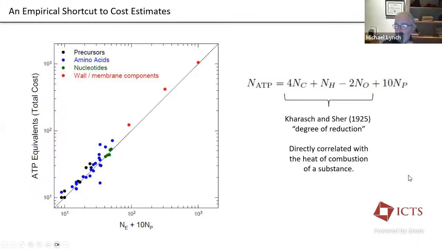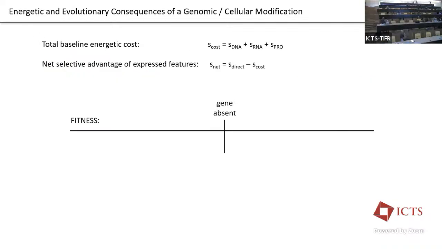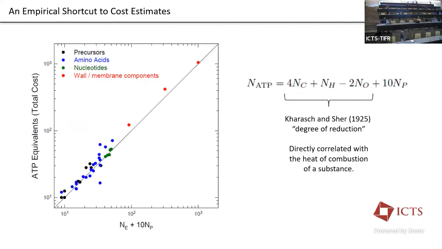But you might want to do some additional reading on this, but it is based, in general, on organic chemistry principles. A question. Yeah, so this is cost in terms of energy. Should one also be associating other costs for every molecule, like cost in terms of matter, how much carbon it has? Or does this take care of everything? Or are there other costs that one should worry about?